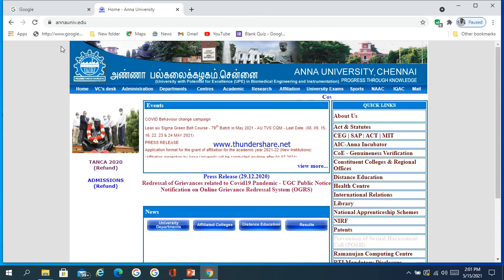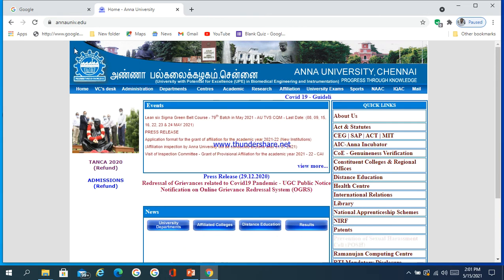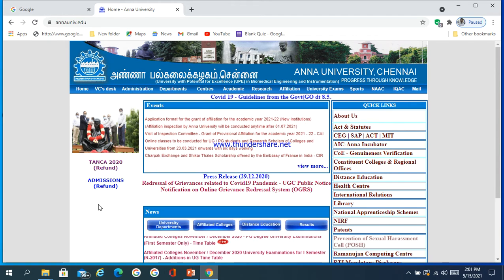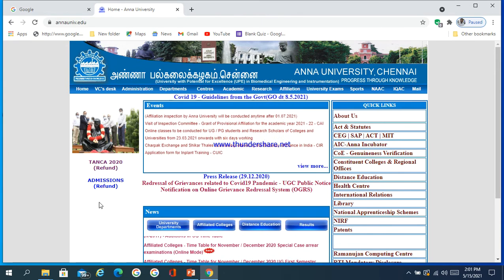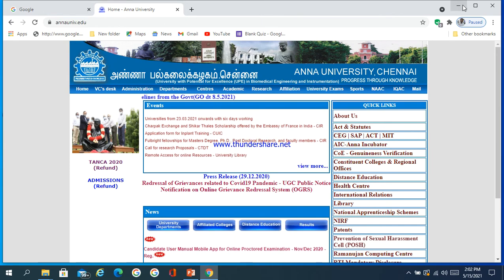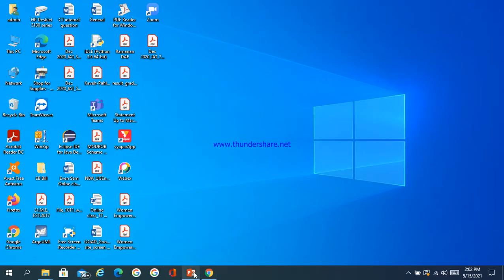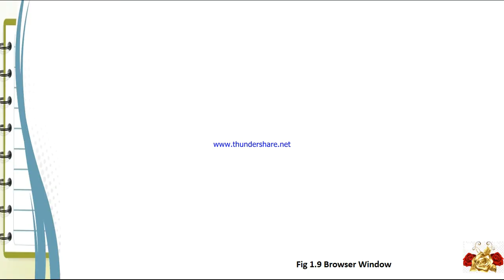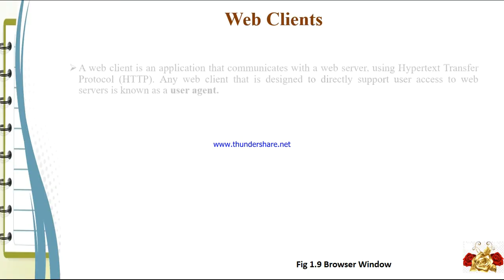Suppose you work with Internet Explorer, you have somewhat different features. Firefox is more different. And here I have opened Google Chrome. So these are the main parts of the browser.